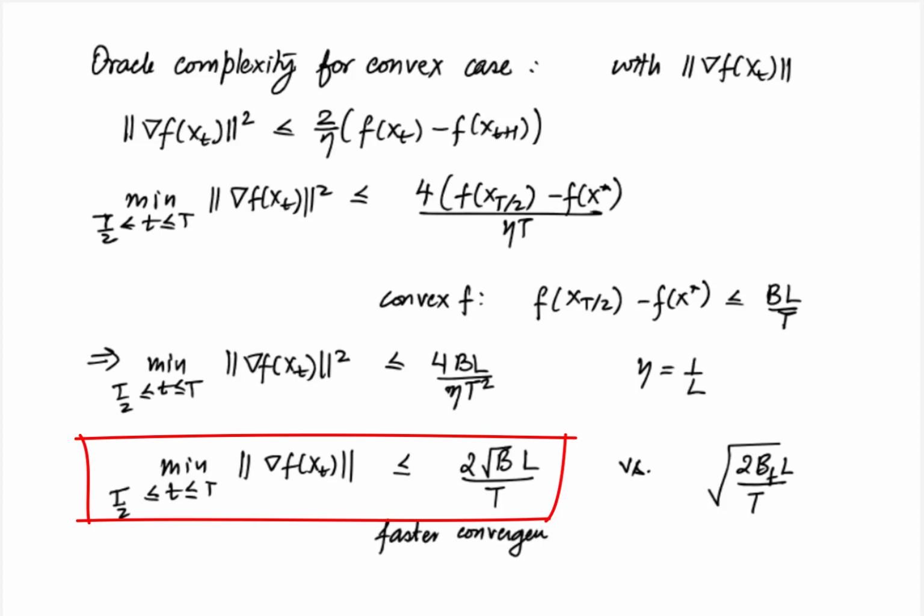If we compare the oracle complexity, we would also see that we are getting 1 over epsilon in the convex case and 1 over epsilon square in the general case. So the general case requires many more iterations, and those are just to reach the stationary point. So that is all for this video. We have seen the performance of constant step size gradient descent for general functions. In the next video, we will start looking at more well-behaved functions that are not only smooth but also strongly convex.